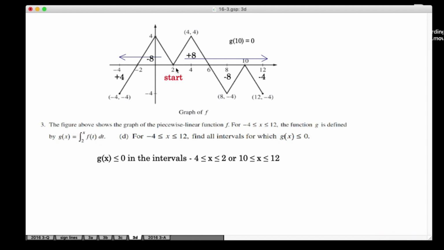So if I'm going to start at 2, we want to know where it's negative. If I start at 2 and I go this way, as soon as I start off, the net signed area is negative because this is negative, the curve is positive. So negative times a positive is a negative. So it's going to be negative all the way along. So it'll be -8 here, okay? And then in this region here, even though I'm starting to add these values, because a negative and a positive is a negative,